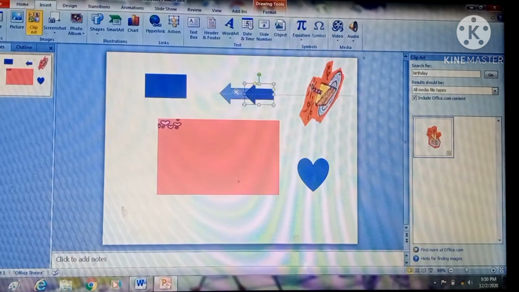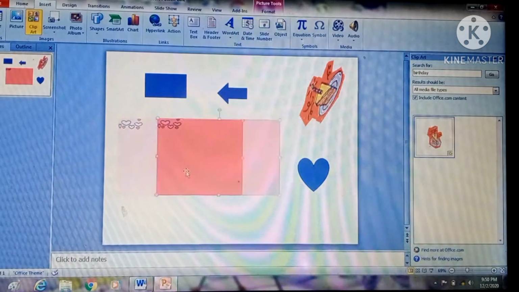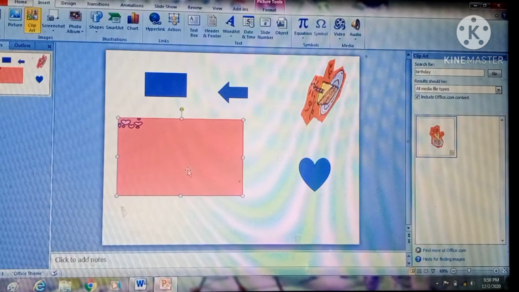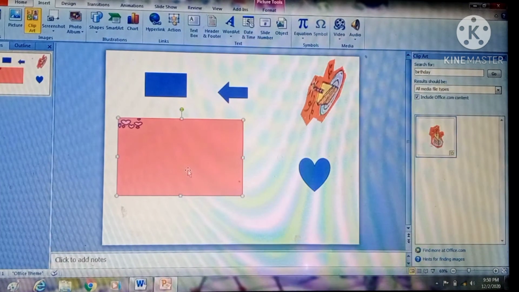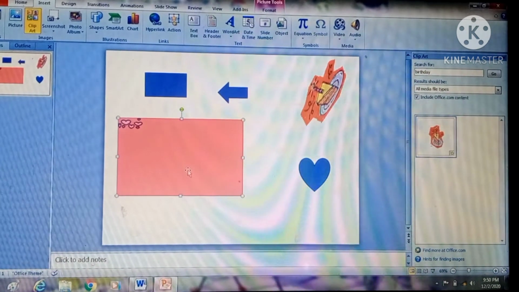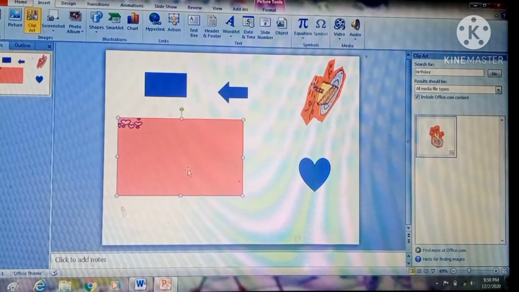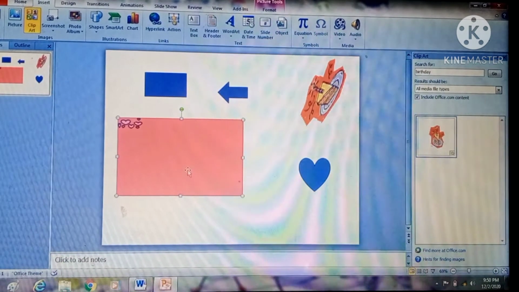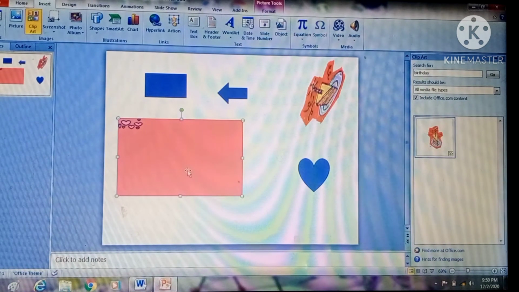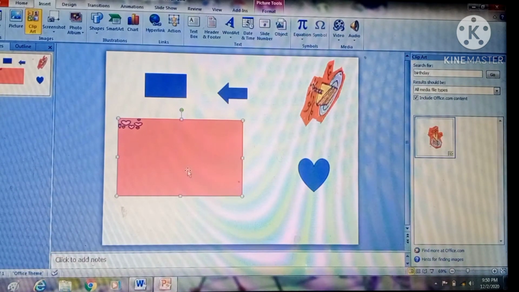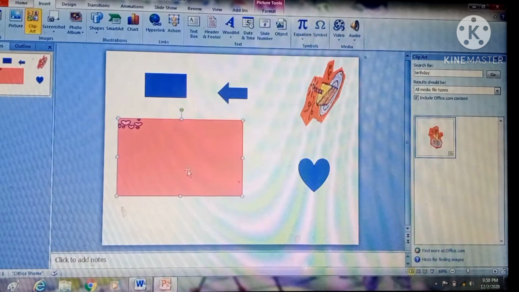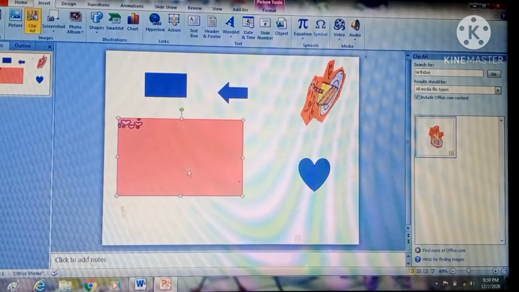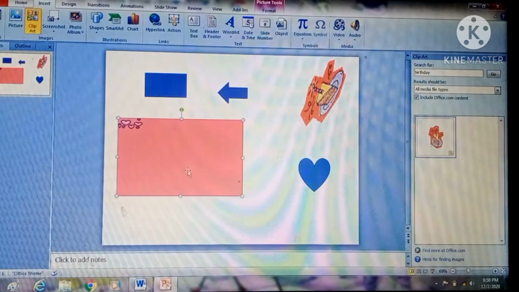Then I select it, then move it. Then I select it, then move it. But I want to move these 3 objects collectively. Then what is the method? Then firstly we will create the group of these 3 objects and then they can move collectively. How we can create a group? Then for creating a group,